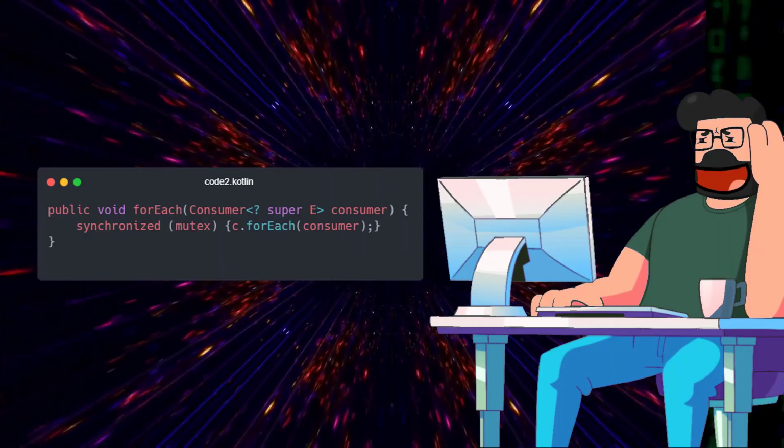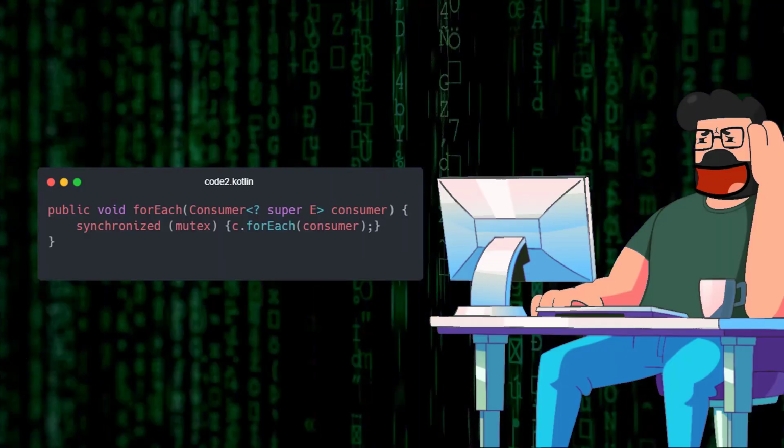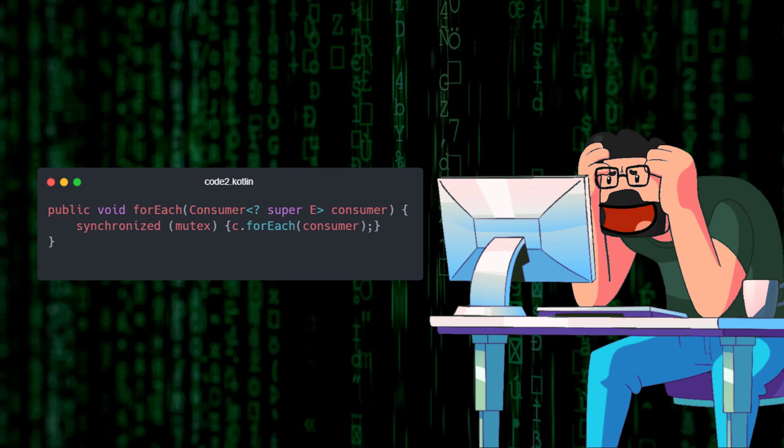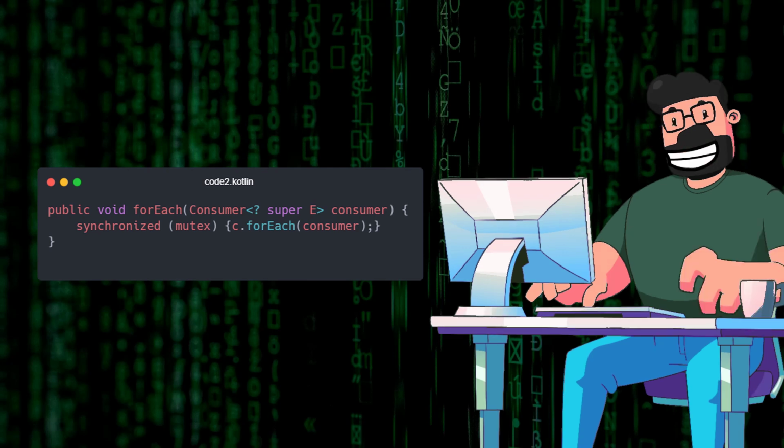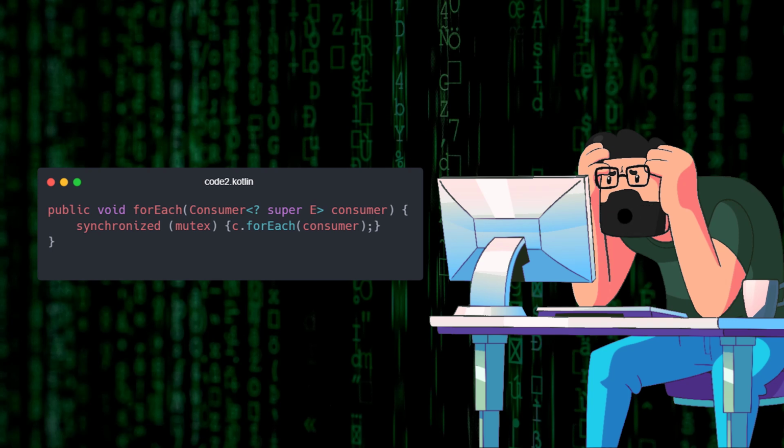in our code. In the synchronized version of forEach provided by a SynchronizedCollection, the method is implemented to synchronize on a mutex before executing the forEach operation on the underlying collection. This ensures that the iteration is thread-safe and prevents concurrent modification exceptions. By understanding how this synchronization mechanism works, we can confidently use the forEach method on our synchronized collection without worrying